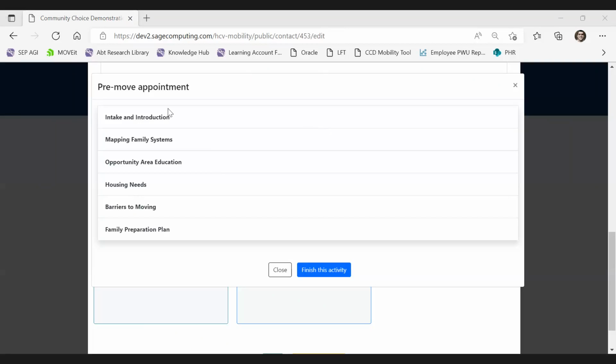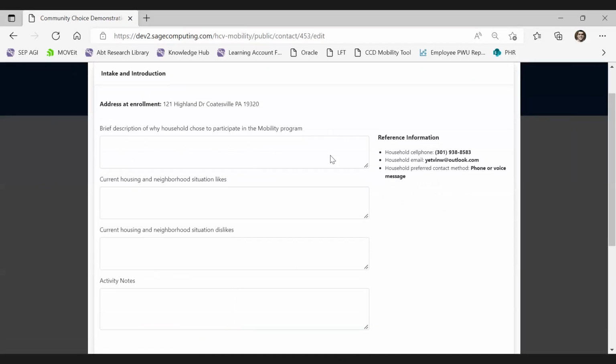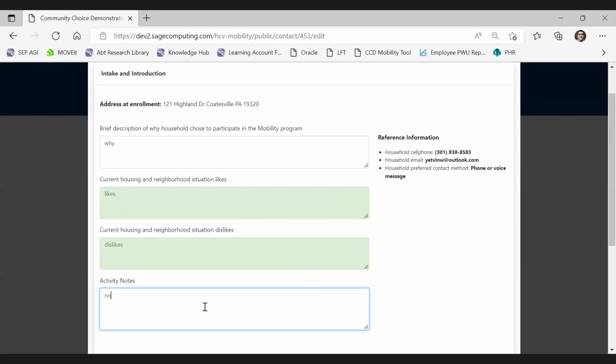Clicking on the intake and introduction activity expands this box to the following fields, where we can enter descriptions of why the household chose to participate in the program, current housing likes, neighborhood and housing dislikes, and any other activity notes for this intake and introduction activity.